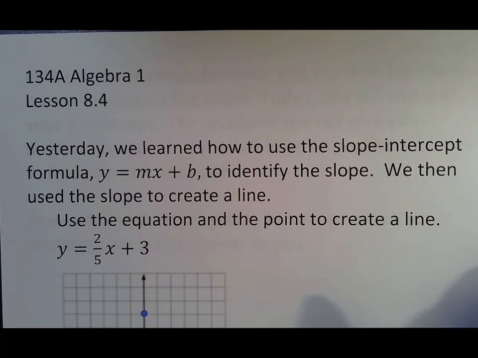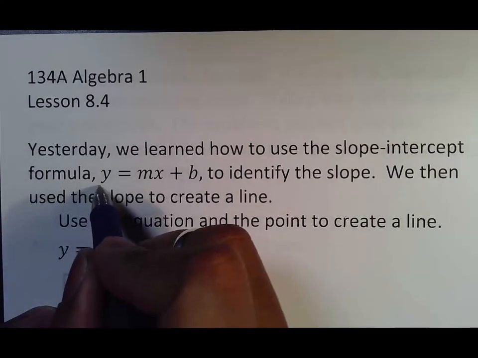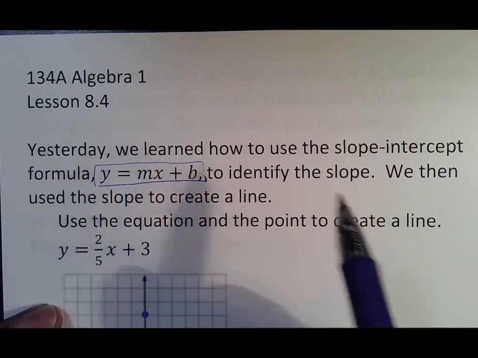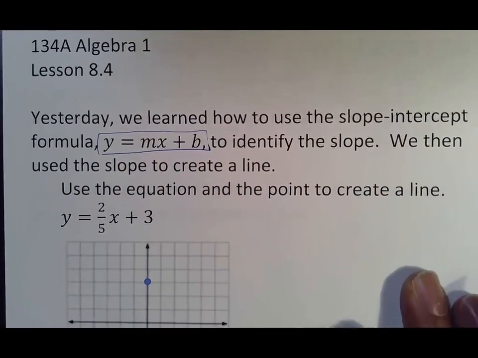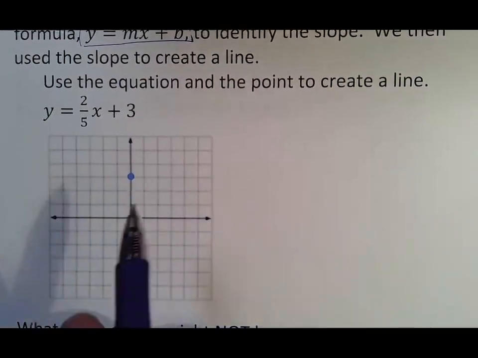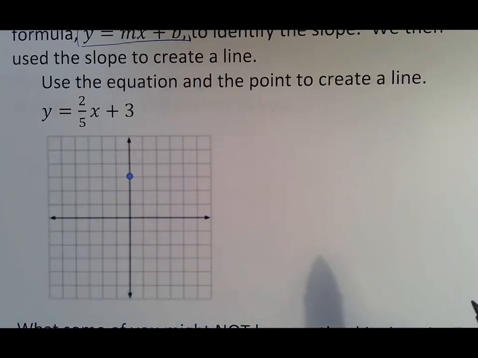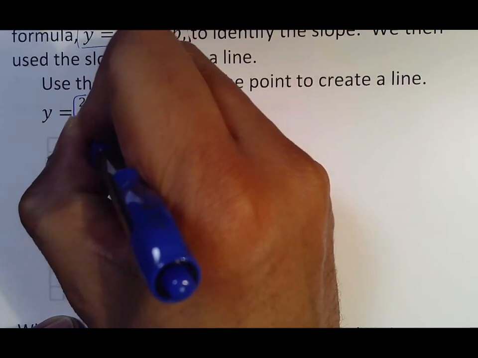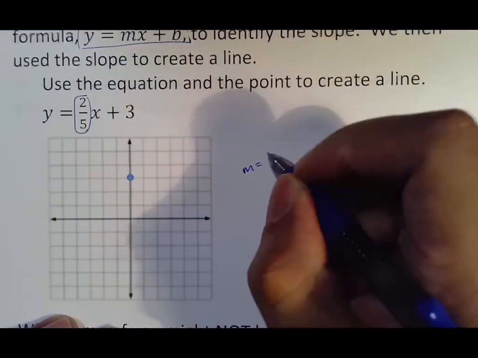So yesterday what we learned how to do is take the slope-intercept formula, which again is y equals mx plus b. Again, make sure you're starting to memorize that formula. To identify slope, we then use the slope to create the line. So when we had this part here, instead of them telling us what the slope is, we had to look at this equation, recognize that slope is the number attached to x, which means our slope, again, which is m,